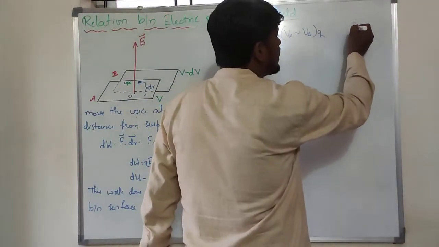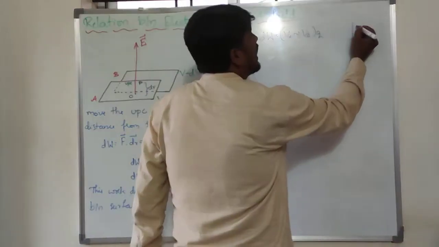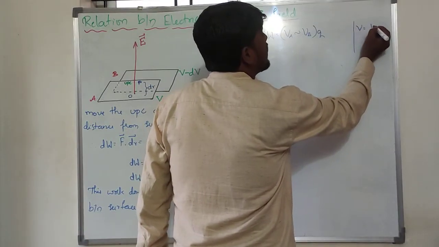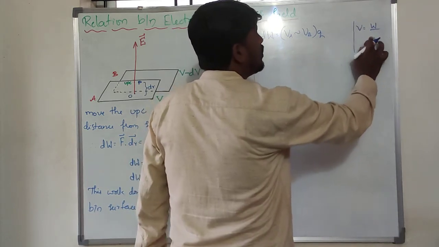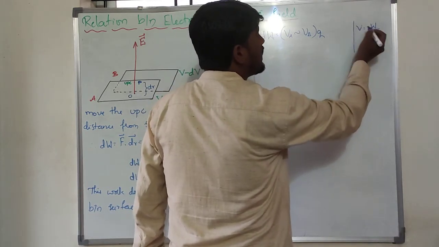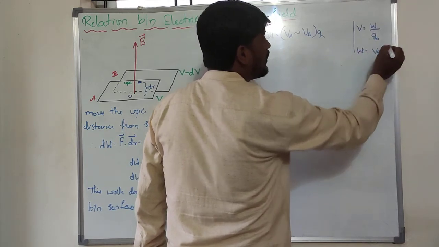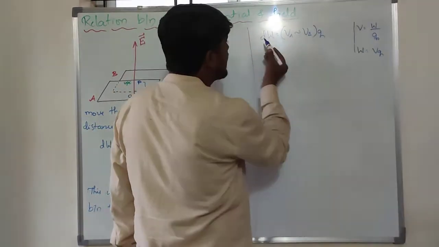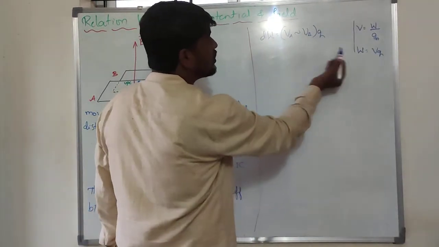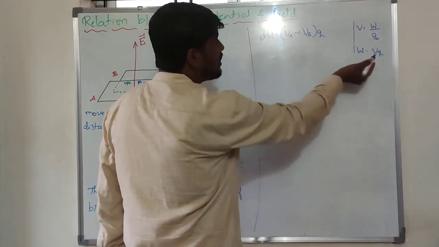So just if you recall the introduction class of this chapter, there we said that electrostatic potential is nothing but work done by the UPC. V is equal to W by Q. So if I just rearrange the terms, then I will get W is equal to V into Q. One more very important equation which is required in the next class. So W is equal to VQ. That only I wrote it. So instead of V here, I wrote here potential difference. Q remains same, dW remains same.